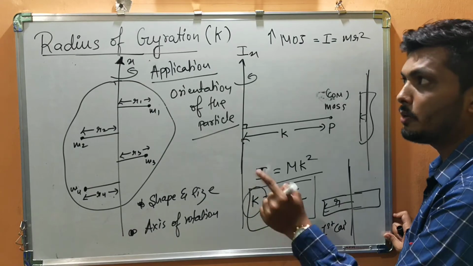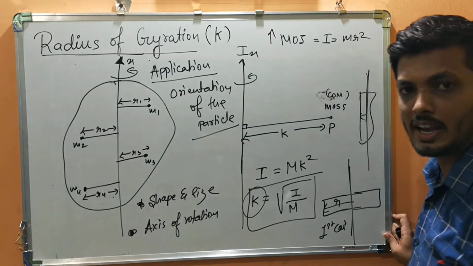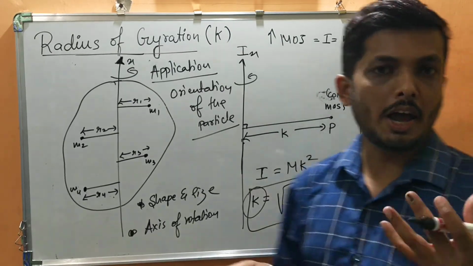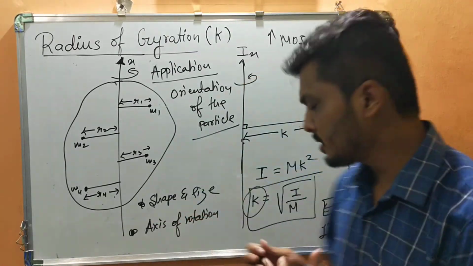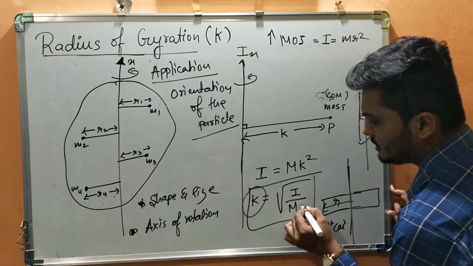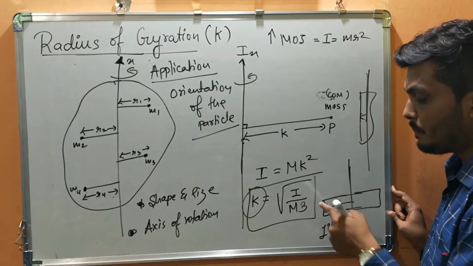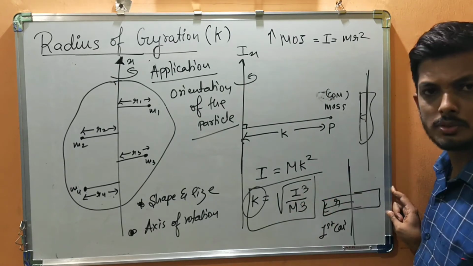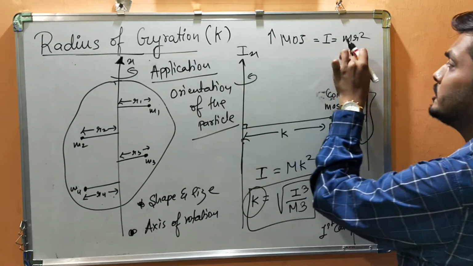This K value, whatever radius of gyration we are having, is unaffected by the mass. Because if you take a heavier marker which has more mass, say 3 times the mass of your lighter marker, its moment of inertia will also increase 3 times, because as all of you know, I is equal to mr square.